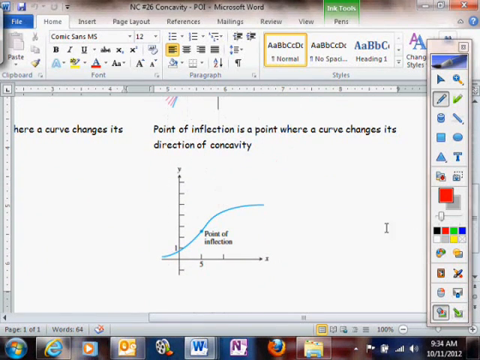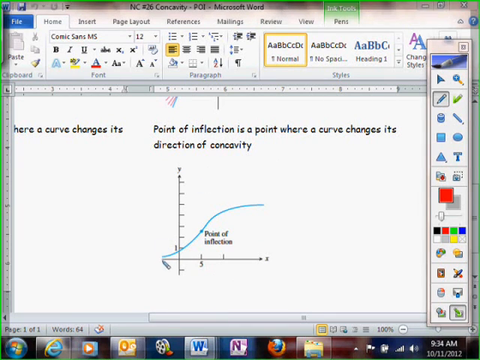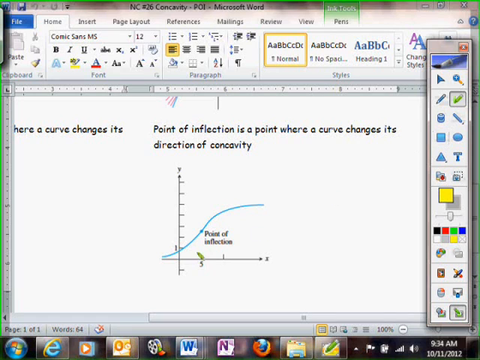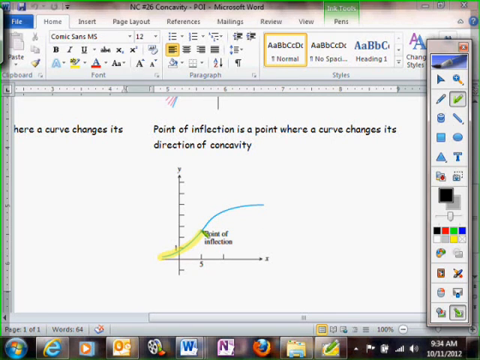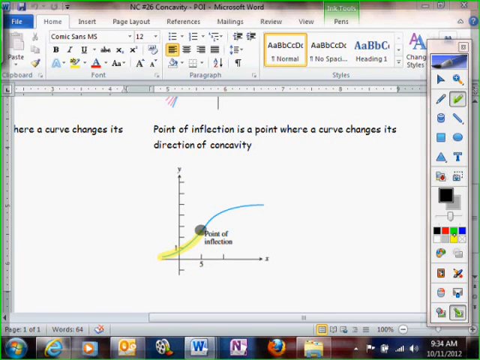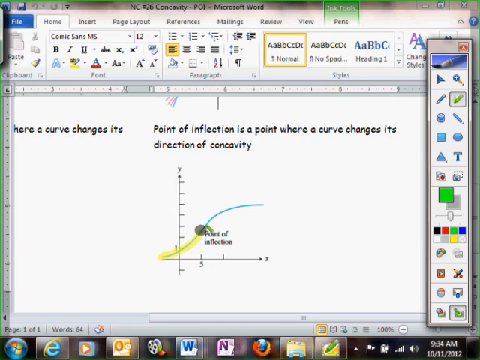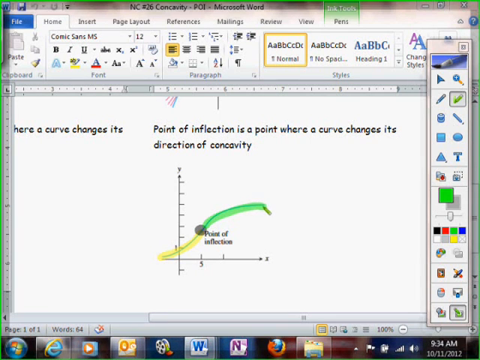And so here on this graph, you can see that reading the graph from left to right, from here to here, we've got concave up, but we have this point of inflection where now it starts to be concave down, or it starts bending downwards. And typically on these points of inflection,